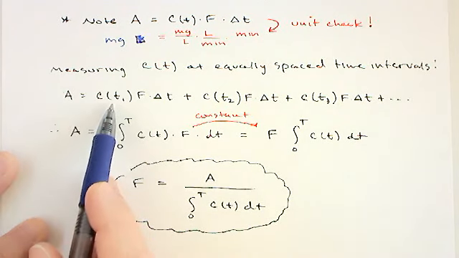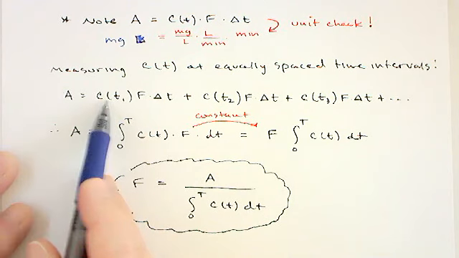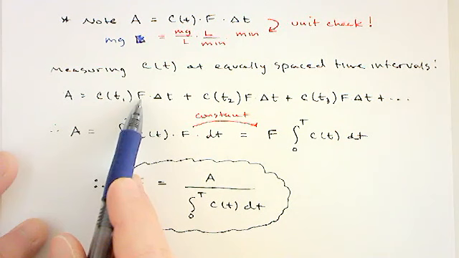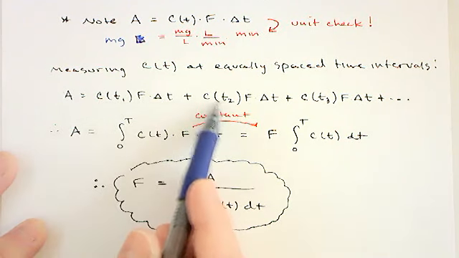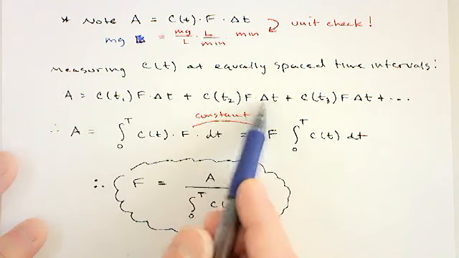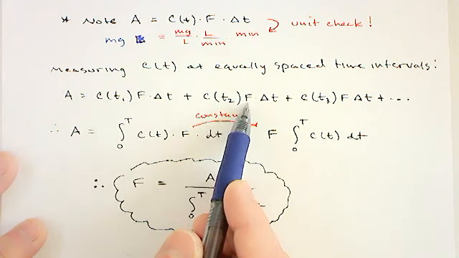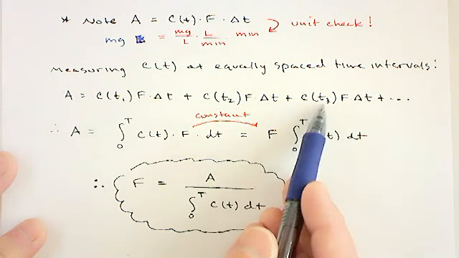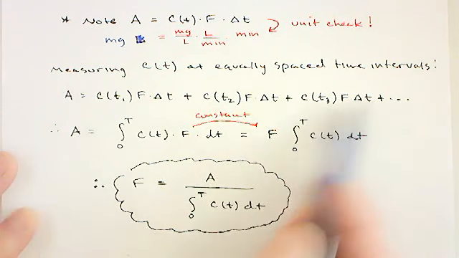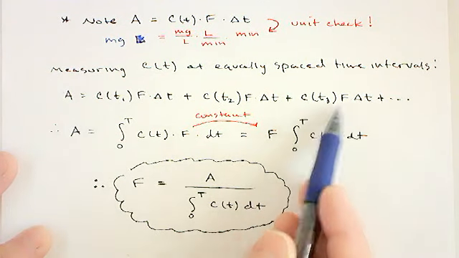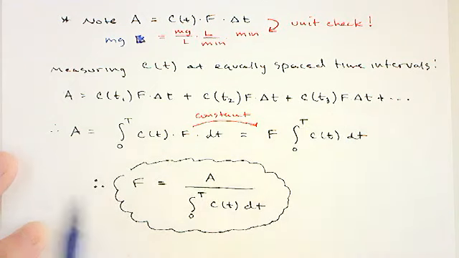And so what you would be tracking then is your concentration at a certain time times whatever the cardiac output is times the change in time, plus the concentration might change here, right, in our next time interval, but the flow rate would in theory be the same, and you would have an equal time interval. And you just continue this process for different time intervals, measuring the concentration, assuming that the flow rate stays the